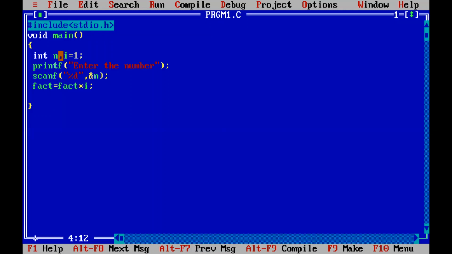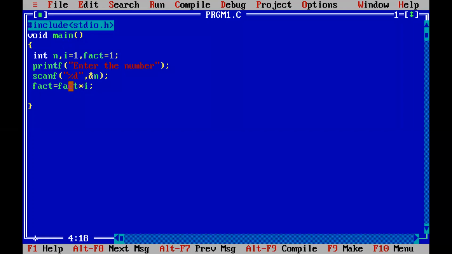Another variable which we are using is fact. So that also we have to declare. Both we are initializing to 1. Is it clear?